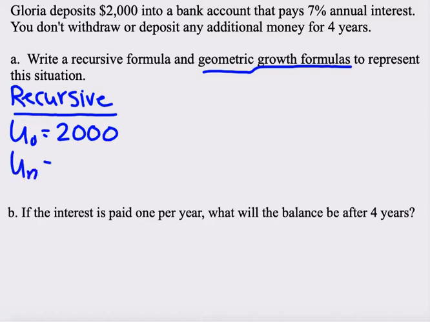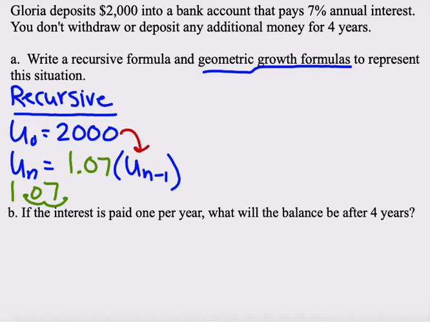And then recursively, to get the annual interest, that's every year, to get how much you have the next year, it's going to grow by 7%. Well, let's think about that. 7% as a decimal is 0.07, and then we need the 1 in front to show the growth. Remember, the 100% gets us back to the 2000, the 0.07 gets us to that 7% growth, and you'd multiply that by the previous year's amount. So to find that first one, you would simply do 1.07 times 2000,